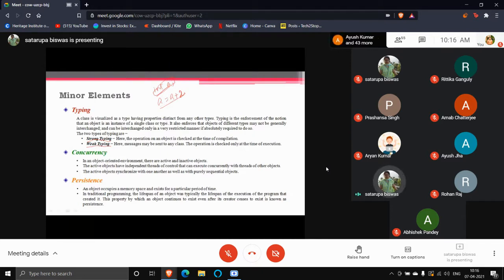What should be the data type of A? If I write this, what is the data type of A? What do you think? Anyone? What is the data type? Integer. But without this, if you write, what is the data type?